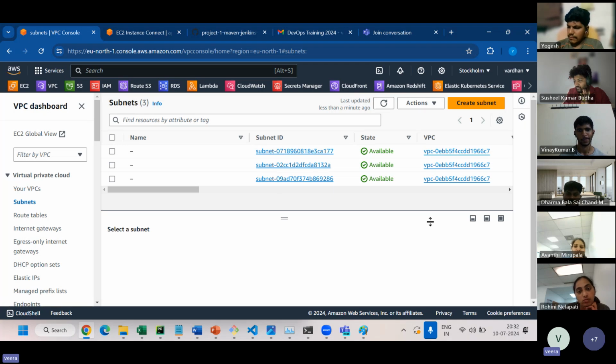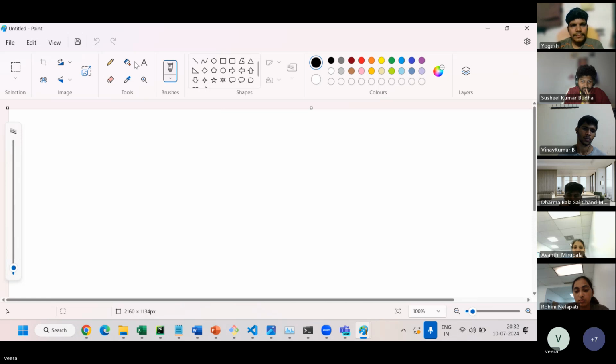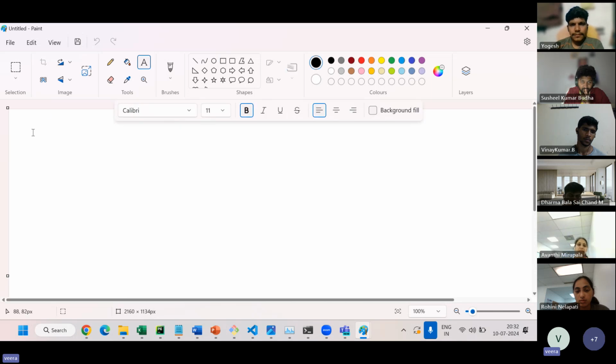But in real time, we have to create our own network. So in that case, we have created VPCs, we have created subnets and all, right? But the important thing here is public subnet and private subnet. What is public subnet? What is private subnet? For example, you got a requirement. The requirement is